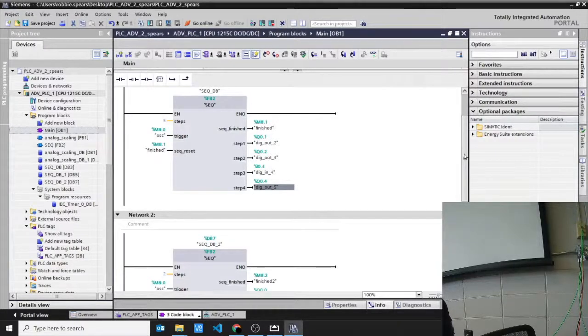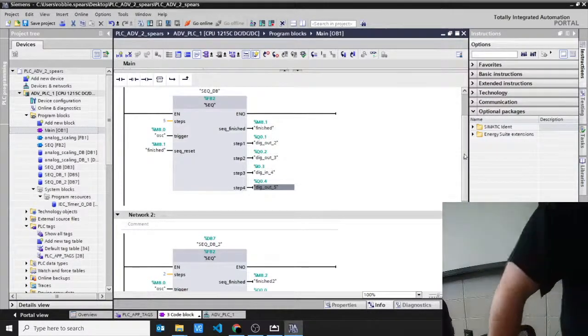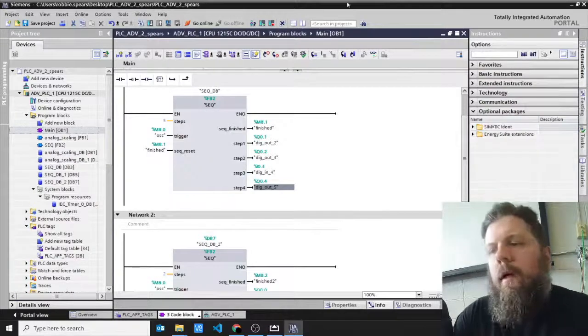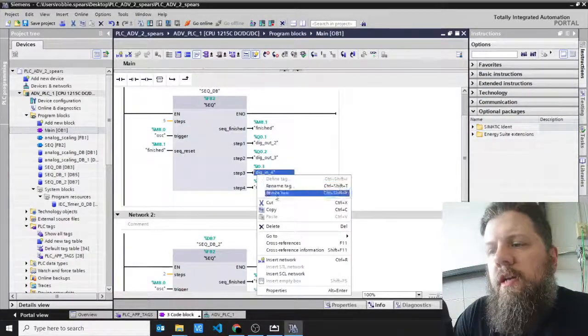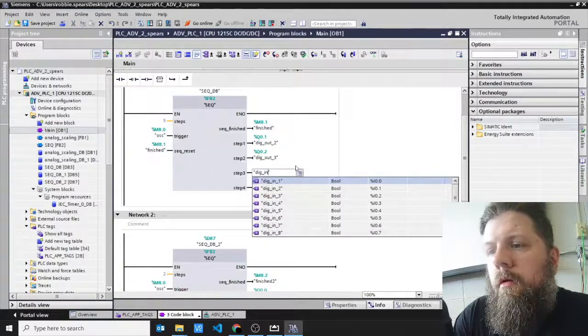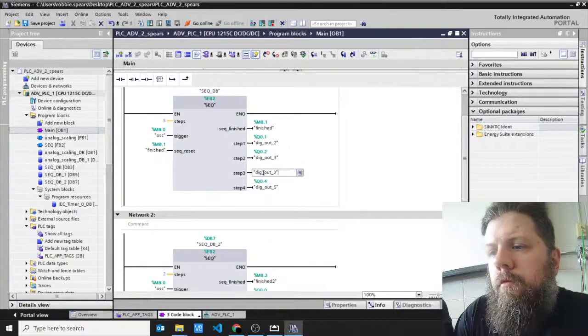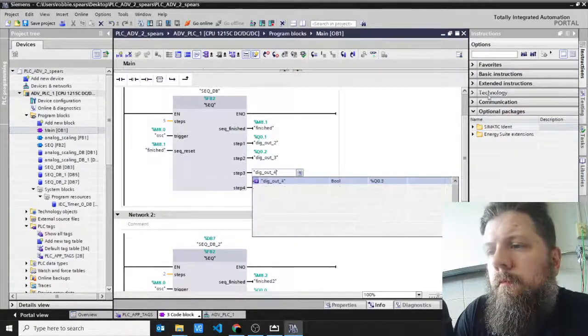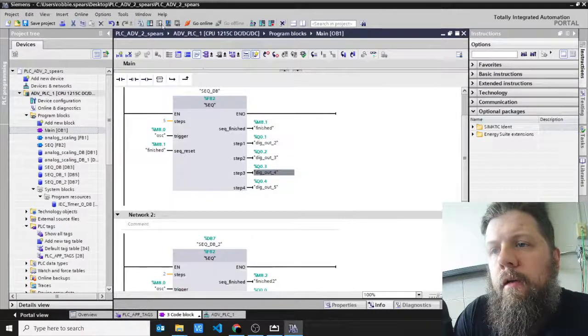But I think it's just because I probably put digital in on that one. All right, so let me, yeah, I put digital M4 on that one. All right, so I'm going to change that to digital out 4. And whenever I download this into there,